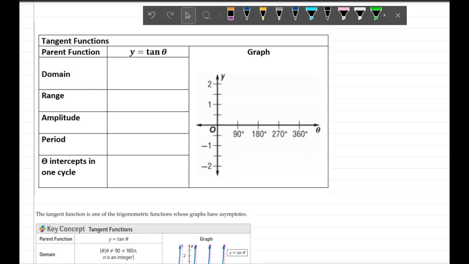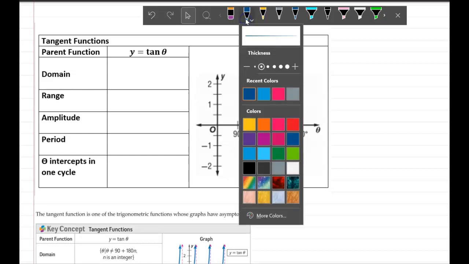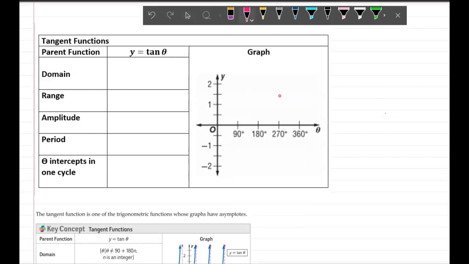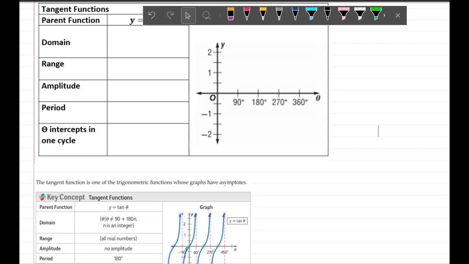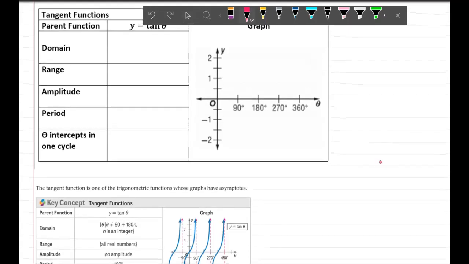The tangent function is going to look a bit different than cosine and sine. The first thing that you'll notice is that there's going to be these vertical asymptotes periodically. It will repeat just like the sine and the cosine, but it's going to look different. We're going to have an asymptote at 90 degrees. And you might recall from our rational functions that the asymptotes are actually these imaginary lines that the graph approaches